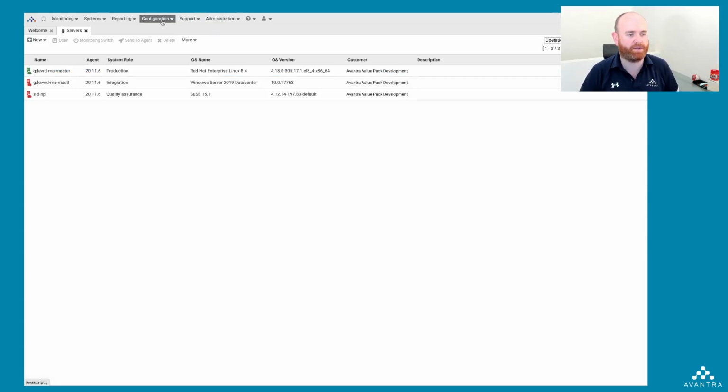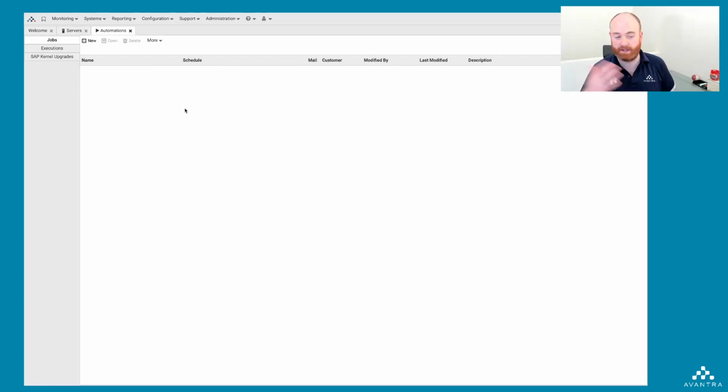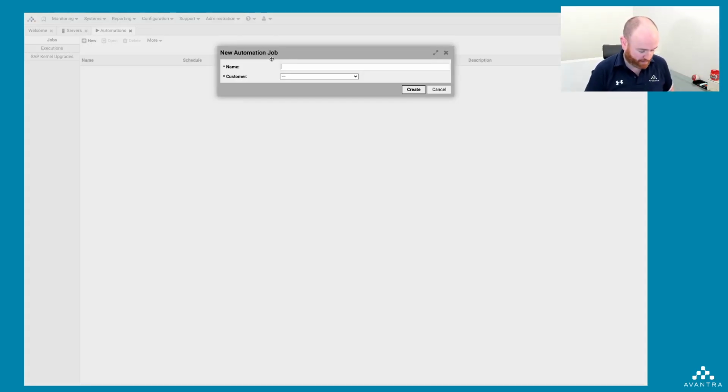So the first thing I'm going to do is go to configuration. And this automation section here, now, if you don't see this, you need to make sure you're running Avantra version Pro. In this case, I'm running 20.11.6, but it's available, I think, since 20.5 and above. So if you don't see it, just contact support. We'll be more than happy to help you out. And here's where we can define automation jobs. So for example, you can define your own job, you can do an SAP kernel upgrade, all that kind of fun stuff. So here we're going to define a very simple automation job, and we'll say dev system security updates,